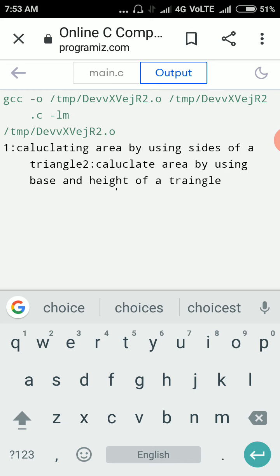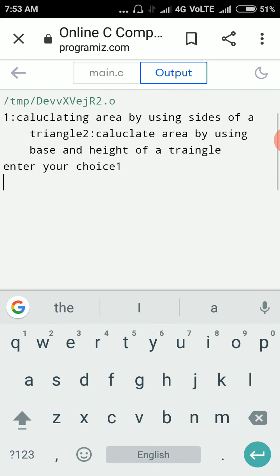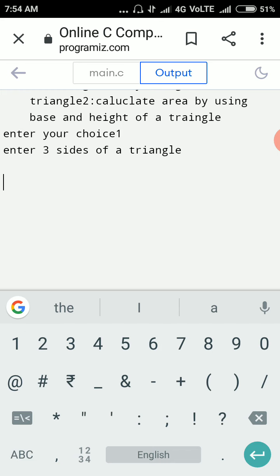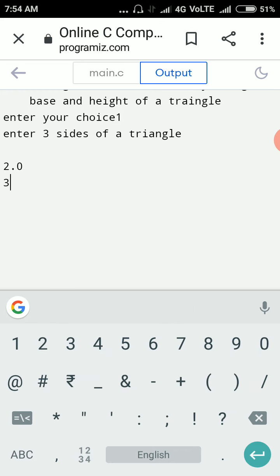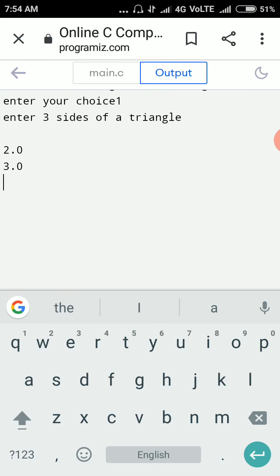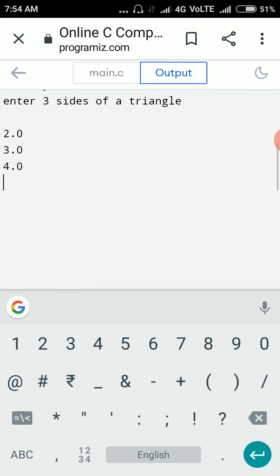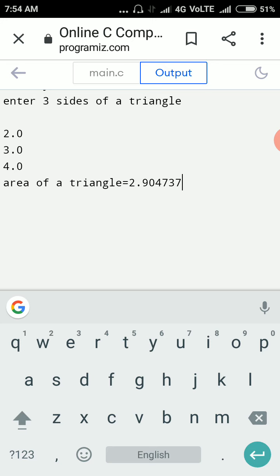This is an online compiler, so you cannot do anything else. So enter 3 sides of a triangle. I am entering 3 sides, which are float values 2.0, 3.0, 4.0. So the area of the triangle is 2.90. This is a float value.